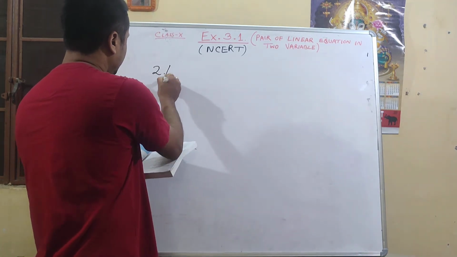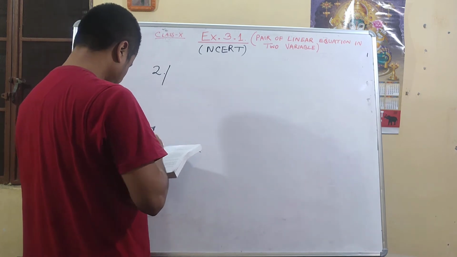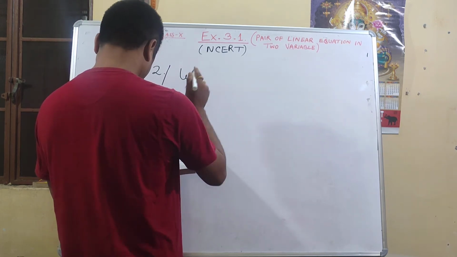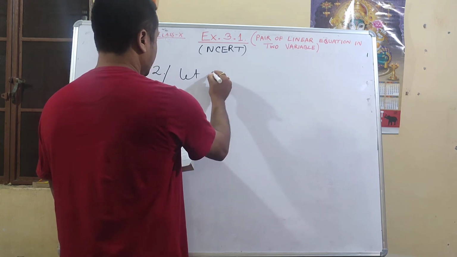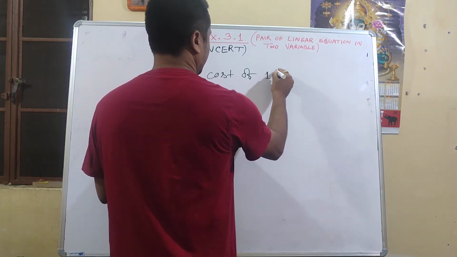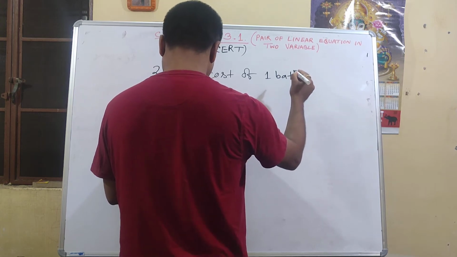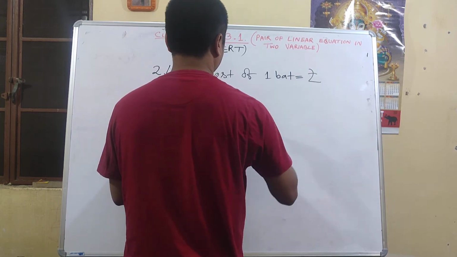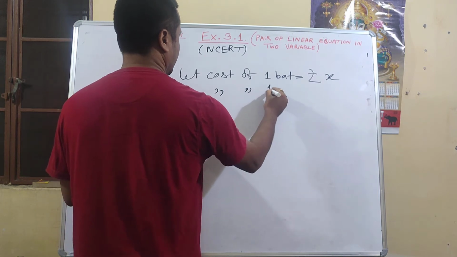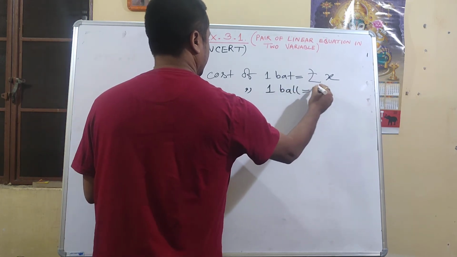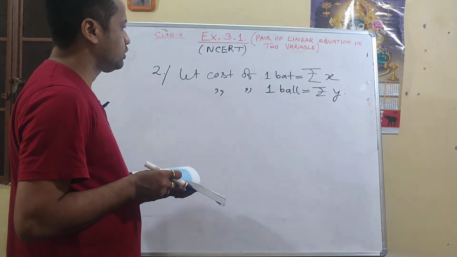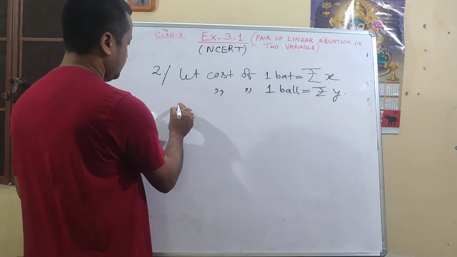So let the cost of one bat be rupees x and the cost of one ball be rupees y. According to the question,